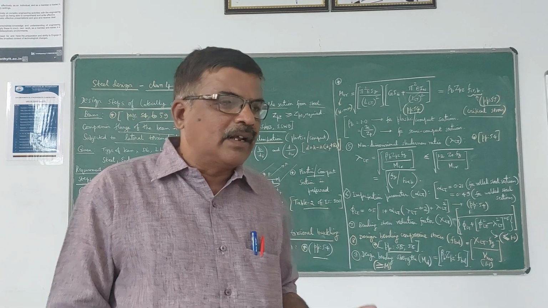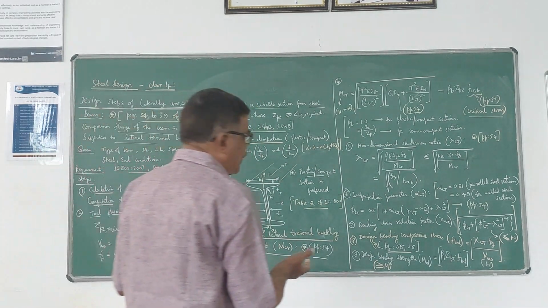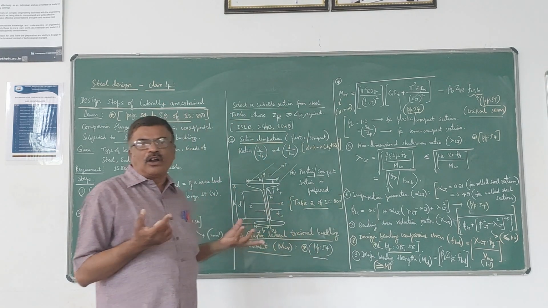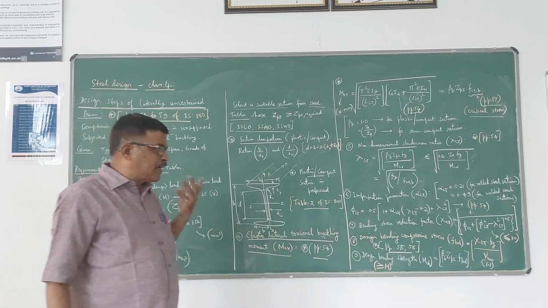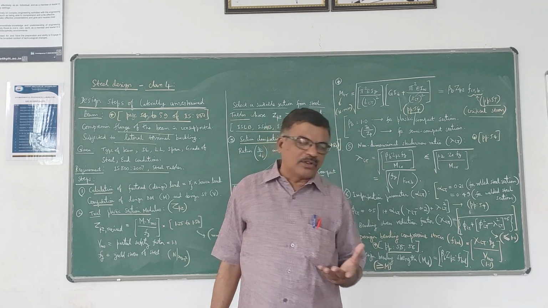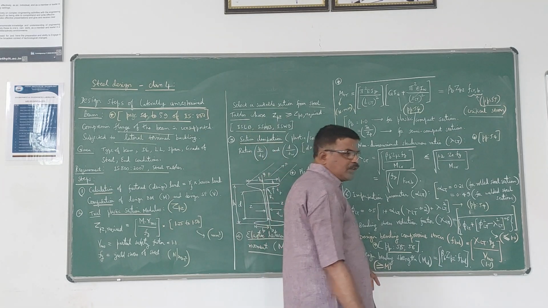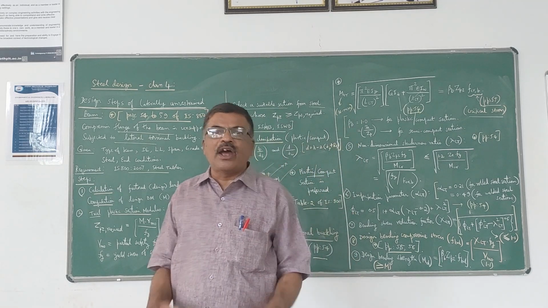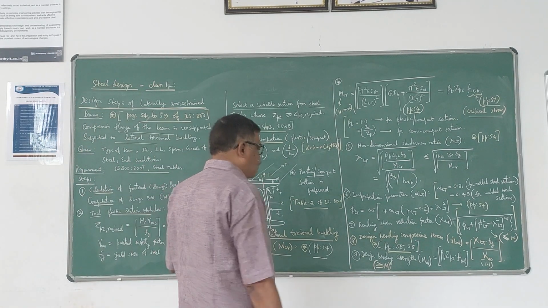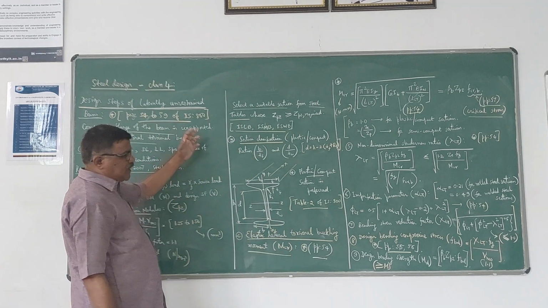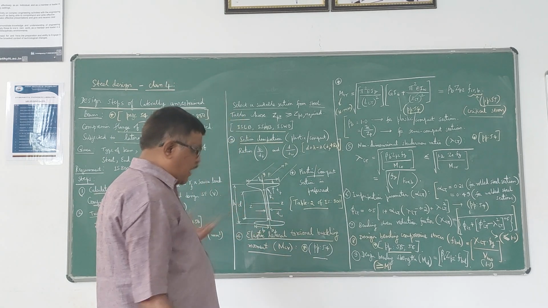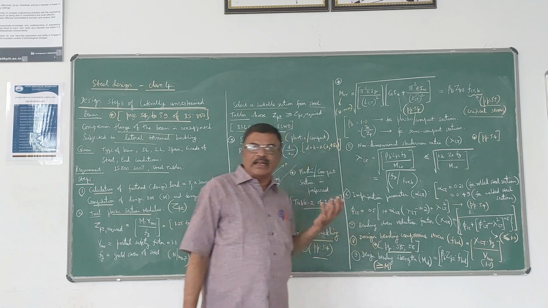So after checking for bending, the section is safe. Then you can go further. You can check for shear, as well as web buckling, web crippling and deflection, all those things. That completes the entire design. But in the examination, they will ask you only for the bending strength design, so you can stop at this stage. If they ask you to do the complete design, then you have to do web buckling, web crippling and deflection also. Those designs are available in the other pages, that is pages 58, 59. When I take up a problem, I am going to explain those other parameters. So the main design is this.